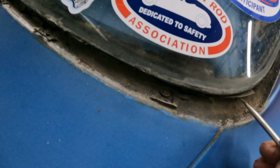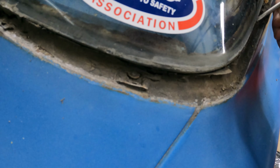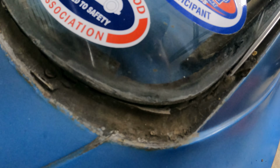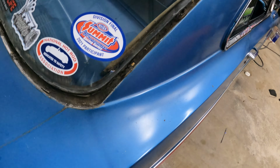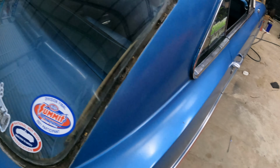So the part that was really concerning, the part that necessarily is the quote-unquote part that was rusting the most, it seems that you can see all that silicone right in there. Now, we did a thing back when I was...